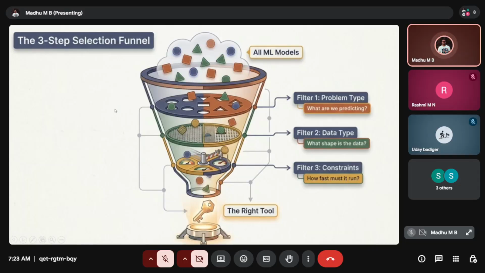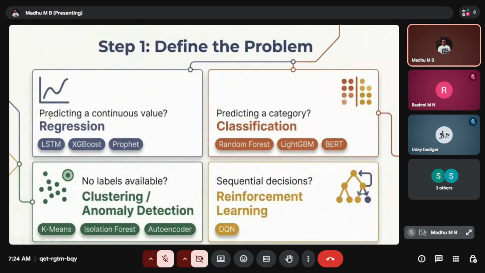Okay, so I was mentioning the format type, correct? In step number 2, we were talking about this data type, right? Whenever you are designing any ML system, you need to be very careful. You have to be sure what kind of data it is.